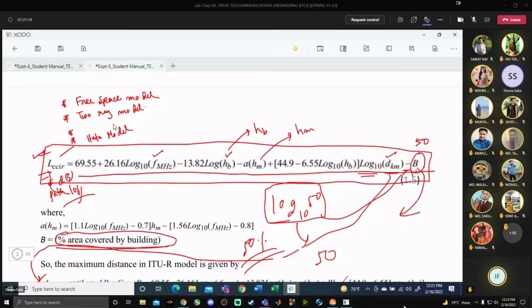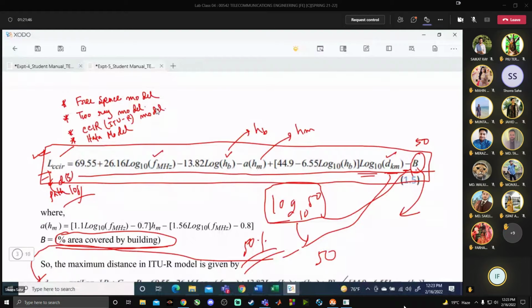Anyone remember the name of the third model? হাটা মডেল তো মাত্র এটা পড়লাম, শেষ করলাম, লাস্ট ওয়ান। হ্যাঁ স্যার, সিসিআই।